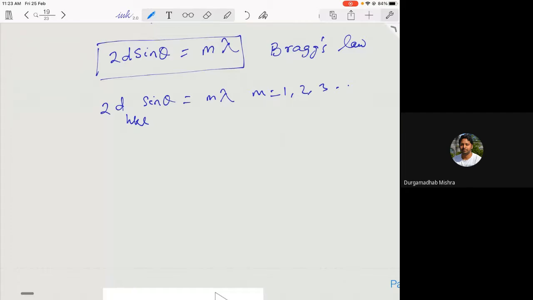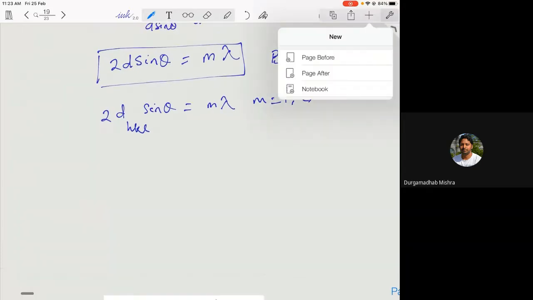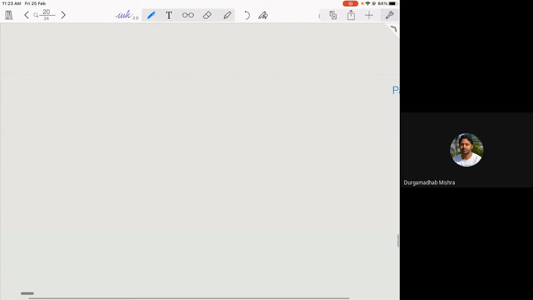So even if they satisfy the Bragg condition, for some arrangement of atoms or for some values of HKL, you will have a situation where the intensity will be 0. So what are those conditions? This condition is different for simple cubic, BCC, and FCC. So if I take a simple cubic,